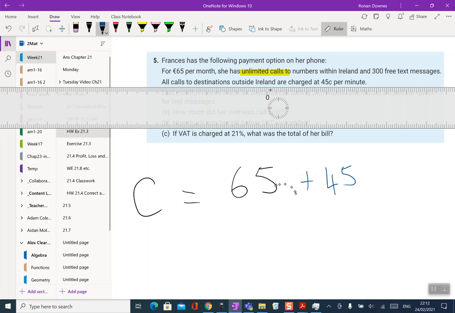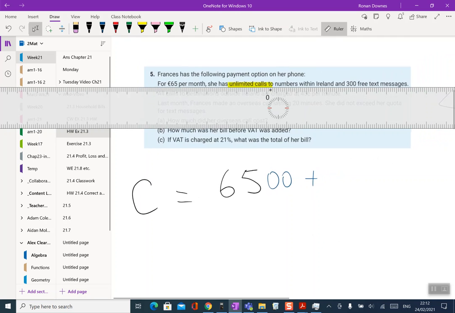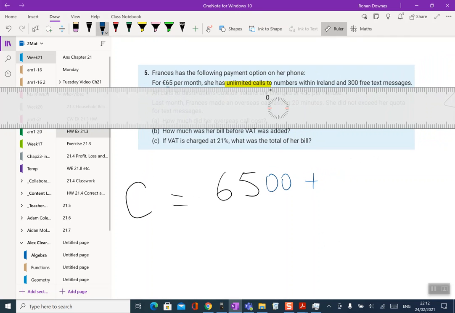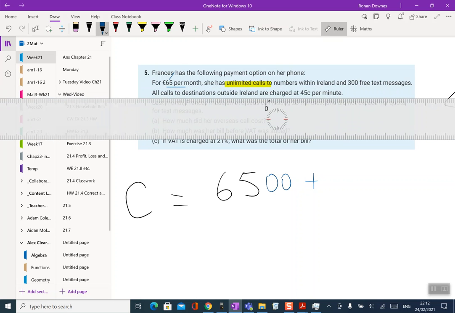Now we need to acknowledge the units. So what we'll do is we'll do the whole thing in cents by adding 2 zeros here. Okay, in a question in class today, I multiplied across by 100 in order to clear a fraction, but I think this is a better way of doing it. So we're going to call €65 6,500 cents, and we're doing it in terms of cents. So now it's going to be 45 for all calls to destinations outside Ireland. So international call. So I'll call it I for international, and I've introduced a variable,